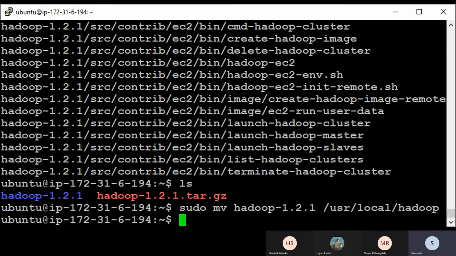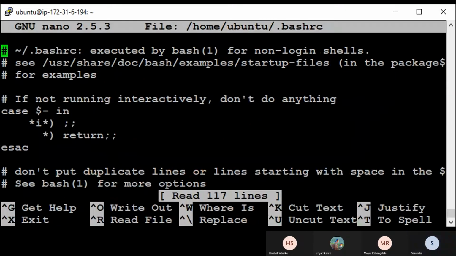Okay. Now we have to configure the bashrc Linux environment. Bashrc is basically for setting the environment variables, right?